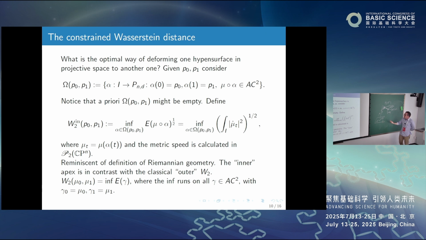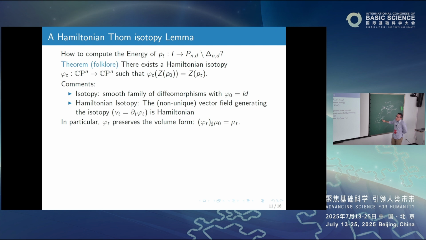Here, the fact that we are transporting probability measures induced by polynomials gives a lot of rigidity that permits you to make a lot of restrictions on the family, on the deformation that you are doing, okay? And this is exactly what I'm mentioning here. This is what is called the Hamiltonian Thom isotopy lemma, that says the following: if I have a family, a curve of polynomials pt that do not go through the discriminant,